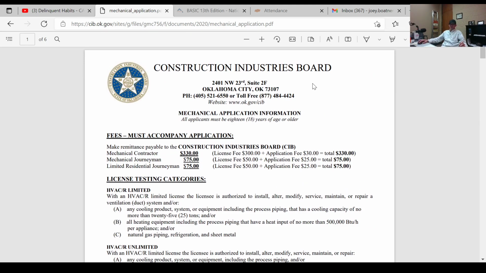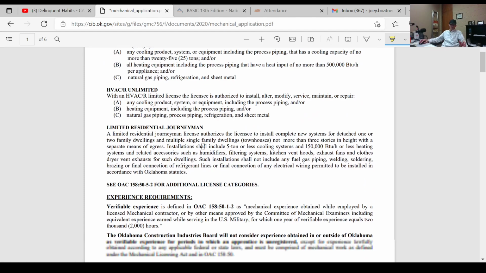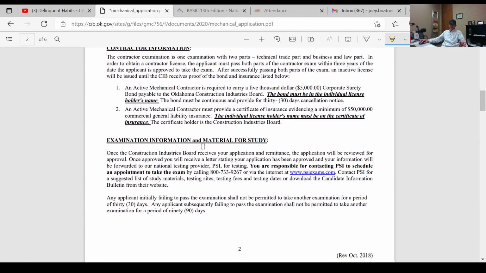This is where that $330 goes. We're mostly going to talk about the contractor's prep stuff right here. So if you're going to do the contractor stuff, this is where you're going to send in that $330. If you're sending off for a journeyman, $75. Okay. Read this first page, read this second page,